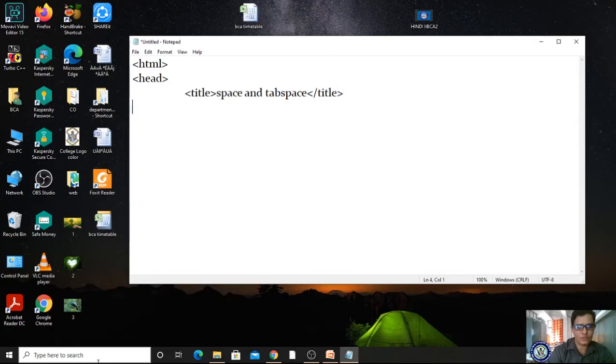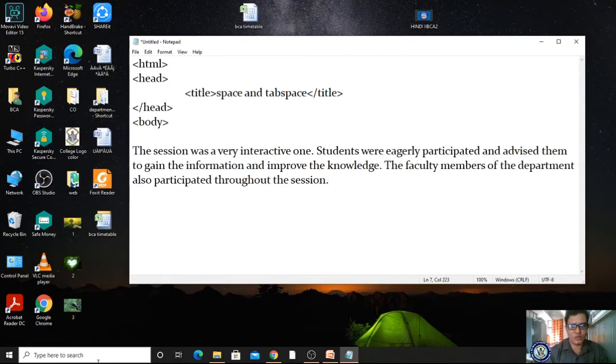Now I'm giving the head as well as the body tag. Now I'm starting the body tag. Whatever content you want to render in your browser, we have to use the body tag. Now I'm typing this content and storing it here. Then I'm closing body and closing HTML, right?